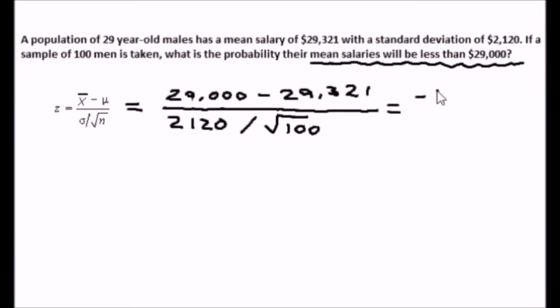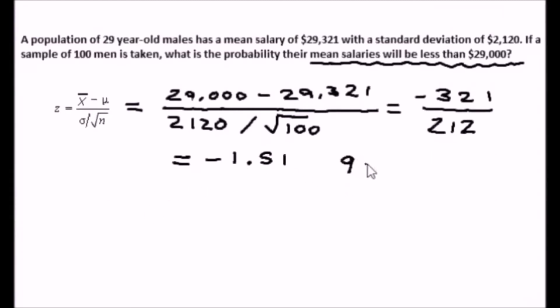This equals negative 321, and if I work this out on a calculator, I get 212, and if I divide this through, I get negative 1.51. So here's our z-score. Now we want to look this up in the z-table. The z-score of negative 1.51 gives me an area of